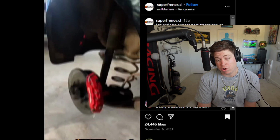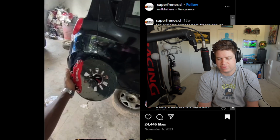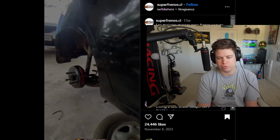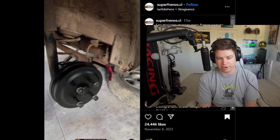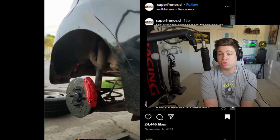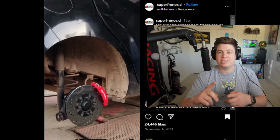They're real car guys too. A real car guy would not put fake brakes on his car. That just doesn't even make sense. Then they're paper thin too. Just do a disc brake swap if you really want the disc brakes. And if you don't, then don't do it. Just don't do it. This is the best kit we've seen all day because at least it has a caliper